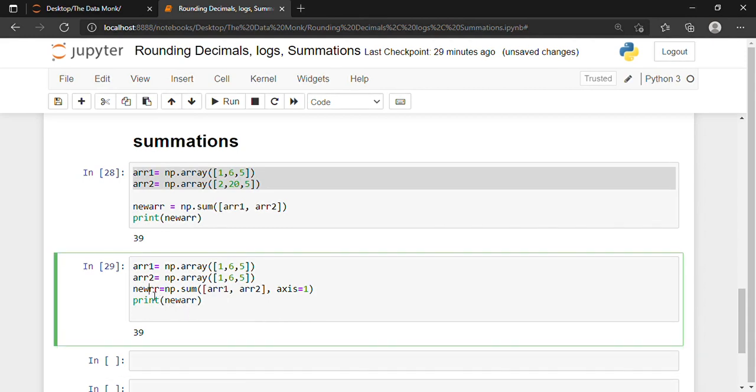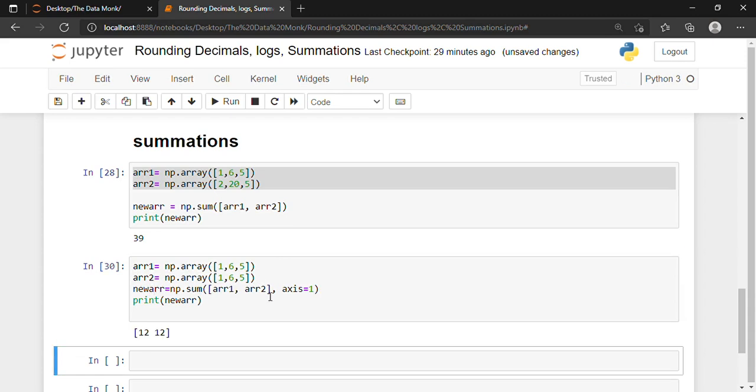We have made some mistake. I have missed the spelling over here. This is what the expected result is, 12, 12. So what is happening when I write axis is equal to 1? It is performing summation in the array over the axis. It is adding the first array, 6 plus 5 plus 1, and giving me 12.